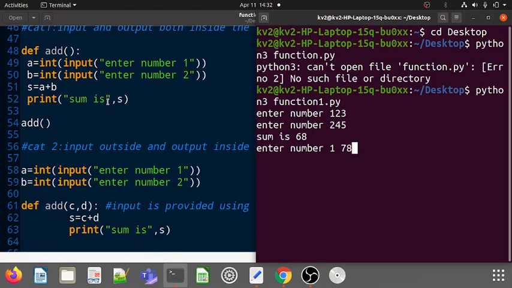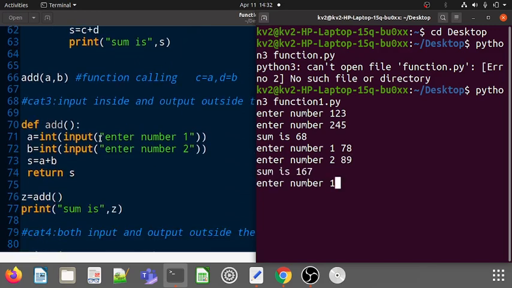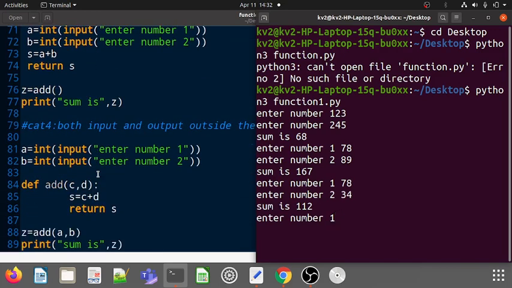Yes, category 1 is over, category 2 it is working. 89, sum is 167, then it will go to category 3, 78, 34, sum is 112, then it will come to category 4, yes, 45, 33.